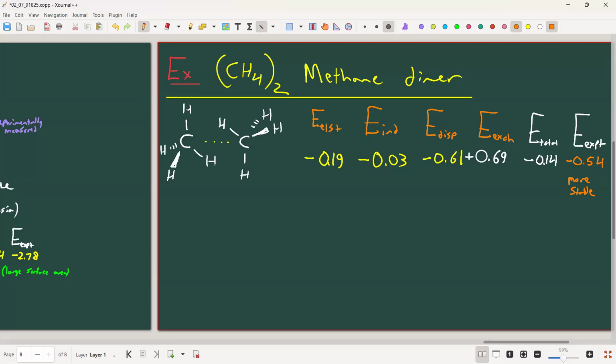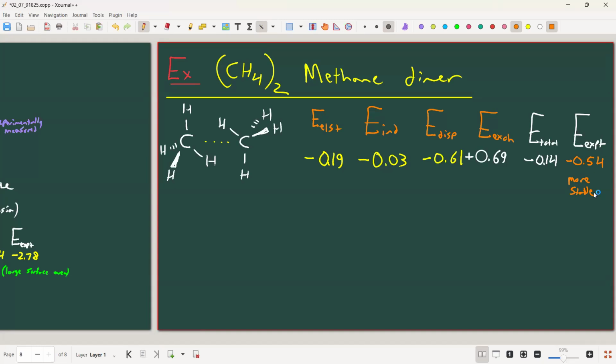Right? So how can it be that there's some additional attraction? Well, the fact of the matter is that this is just an approximation. This partitioning scheme that I've chosen for the interactions is just an approximation. It turns out that there's an additional level of terms that appear at the next level, where, for instance,